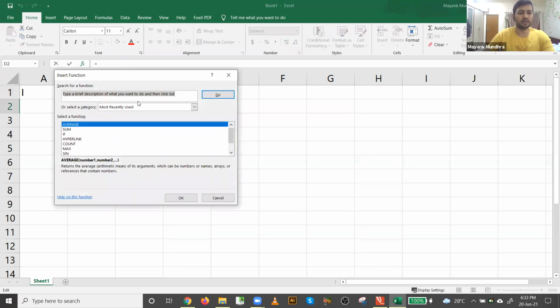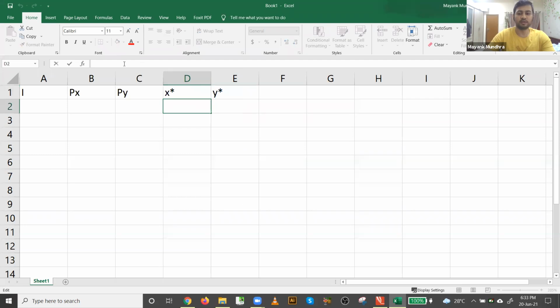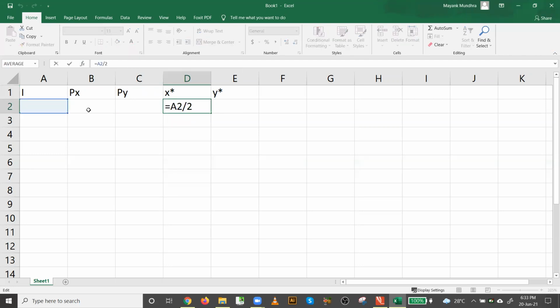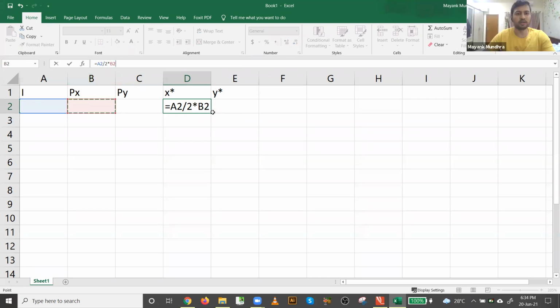So the function would be equal to this, divided by 2 times this. How do you write this? 2 times this. So 2 asterisk 2 sign, times. Oh, yes, thanks. So you can write this thing. Why did it come as A2? I'm not good at this.